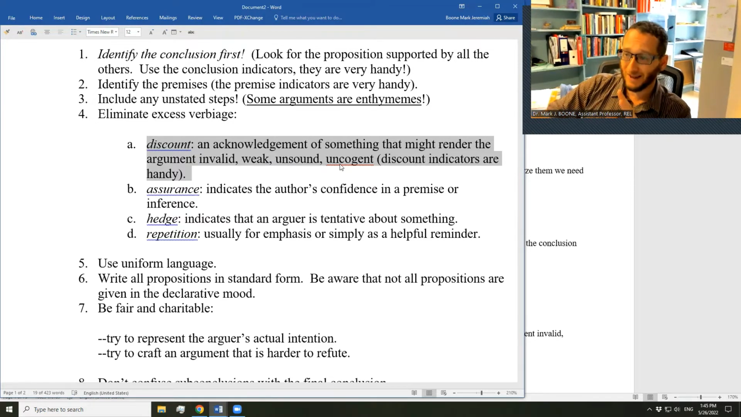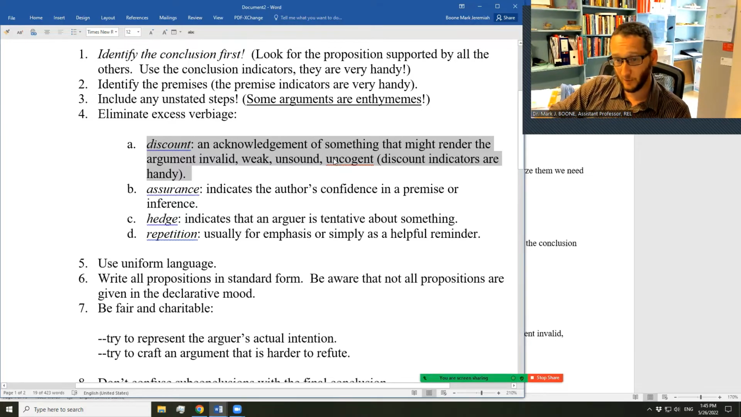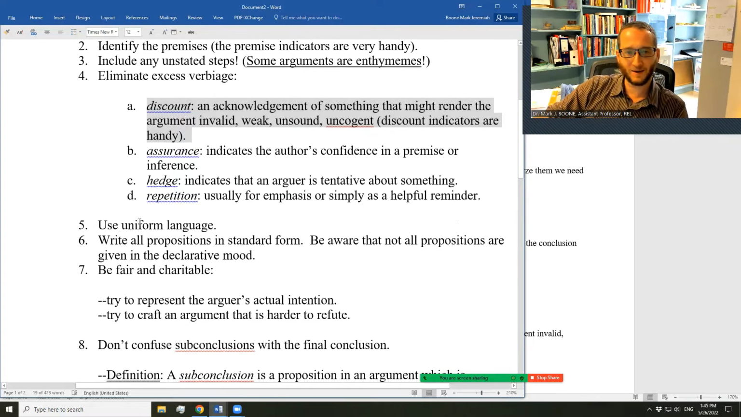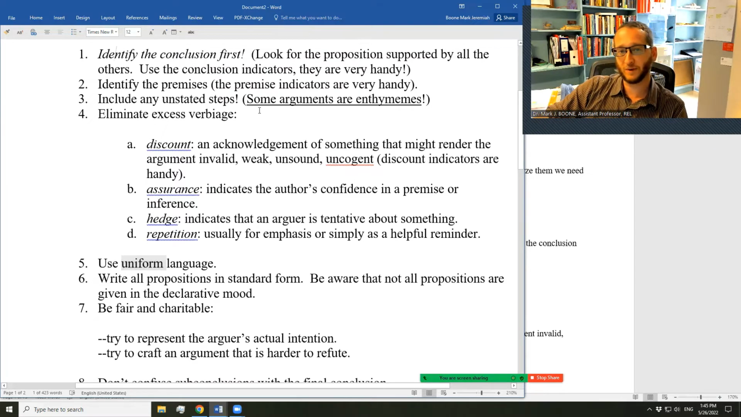That setting aside of the vulnerability is rhetorically important. It has its uses. It's important to making a good case in a book or a YouTube video, but it's not actually part of the argument. In fact, I think I just did it. I just gave a discount talking about how discounts are important, and then I said they're still not part of the actual argument. Okay, so find the conclusion first, identify the premises, include any unstated steps, eliminate excess verbiage, use